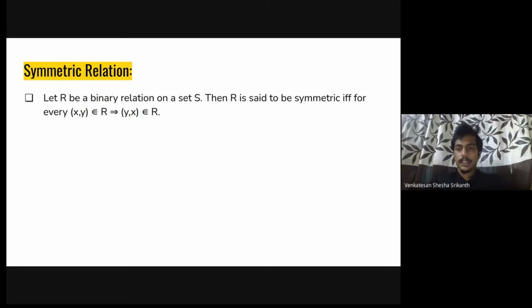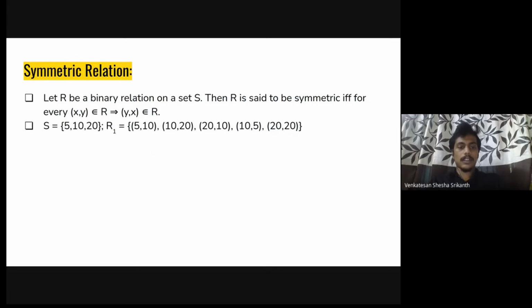Let R be a binary relation on a set S, then R is said to be symmetric if and only if for every ordered pair x comma y belonging to R, y comma x is also in R. So if I want to say R is a symmetric relation, then for every element inside my R in the form x comma y, there should be another element y comma x also in my R. Then I can say R is a symmetric relation.